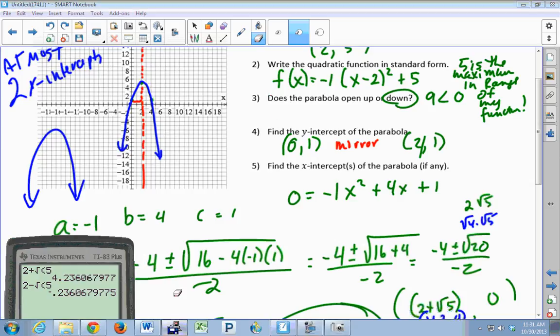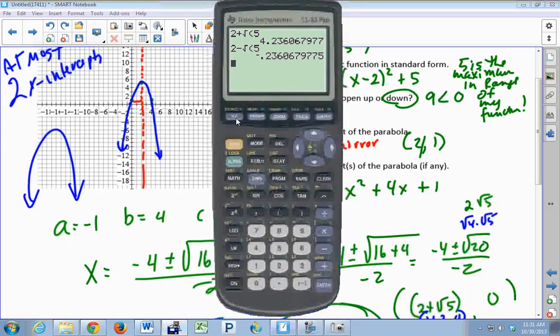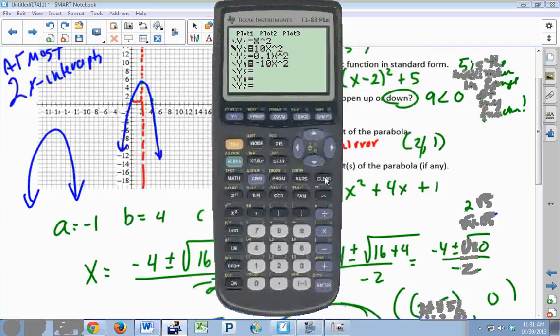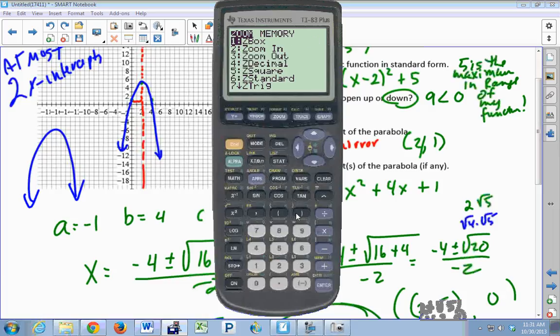So if you put this equation into your calculator, let's clear everything out of here. Can someone read me the value of the equation so I don't have to scroll back through? What was it, negative 1 x squared, plus 4x, plus what? Plus 1? Okay. So if you graph that, and you just do a real quick graph of it, zoom 6. There you go. And let's suppose you just wanted to check your work and you wanted to find the x-intercepts,